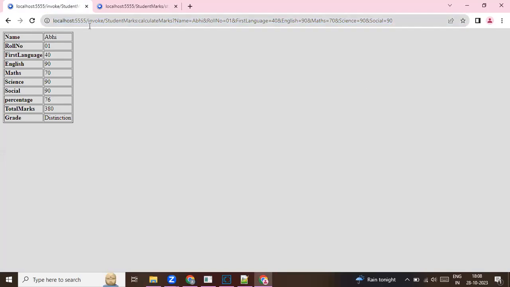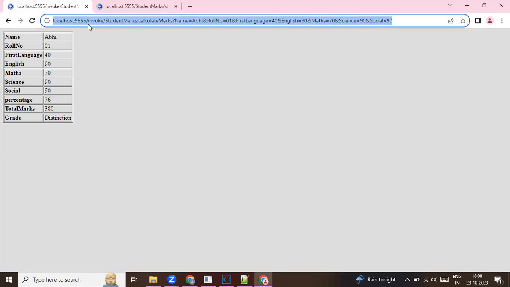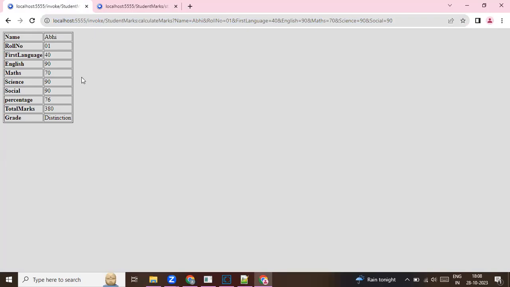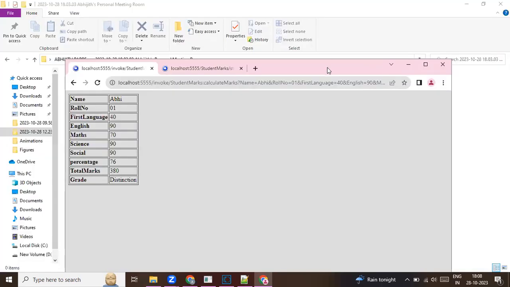So in the previous sessions, we learned this, how to invoke it. So this is one session where it displays the output in the default HTML format, and we have done the proper formatting using templates and then displayed the output in a proper HTML format. Now what I'll be doing is